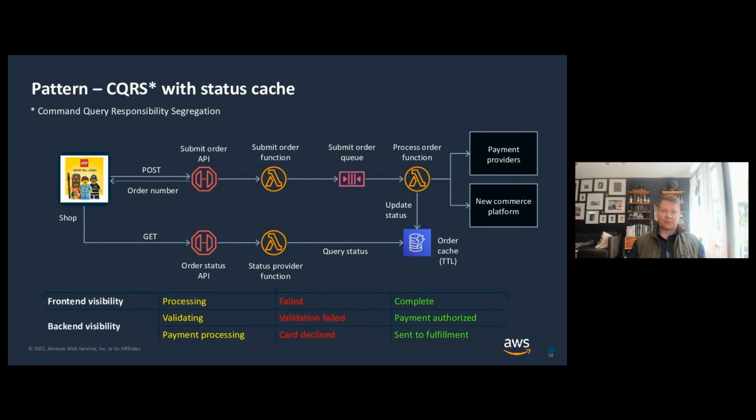From there, in the process order function, it drops into an order cache based on DynamoDB. And what we're doing there is using a pretty short time to live on that order status. If you look down at the bottom part of the screen here, you can see all of the different order statuses that would be possible, and you're really just looking for the most recent status when you go to check your order, which we can now look at in the bottom part of the flow here. And so I'm impatient.